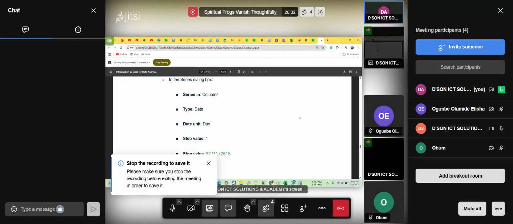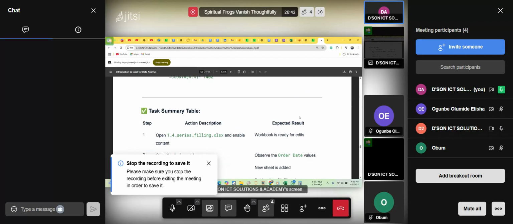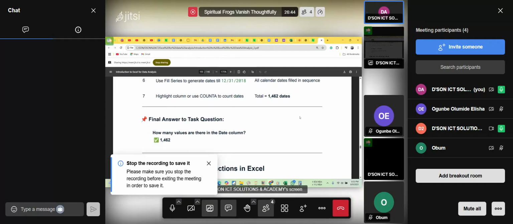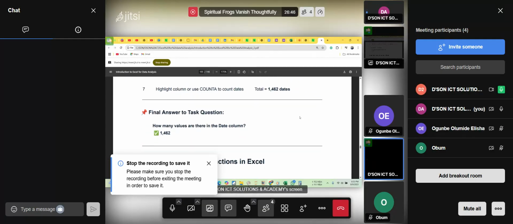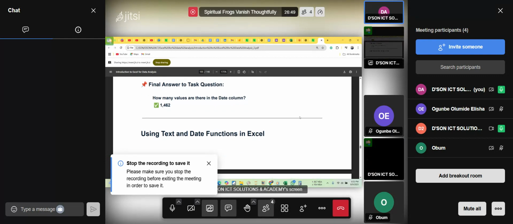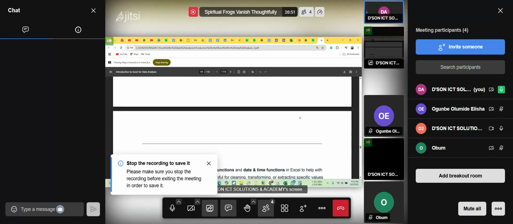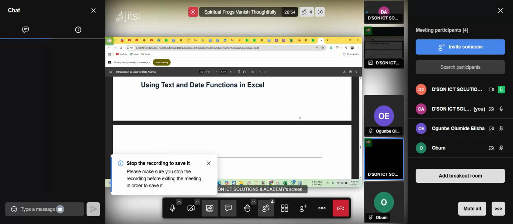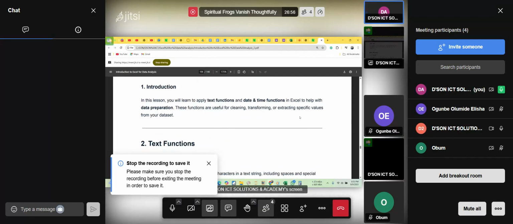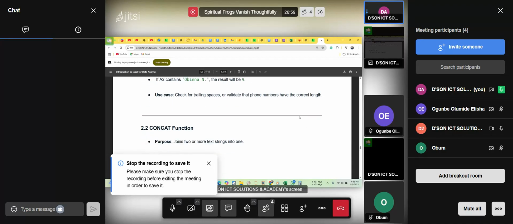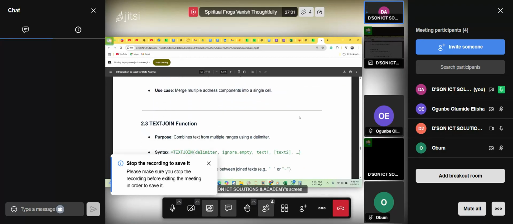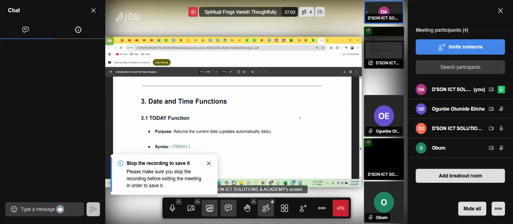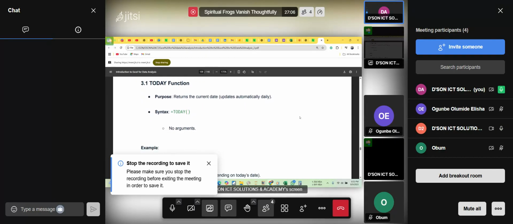Yes. And then we use series feeling to fill date column. Then after which we were able to count the dates, and then I think we introduced the text functions as well, concat and the text join, and today function to get the date of